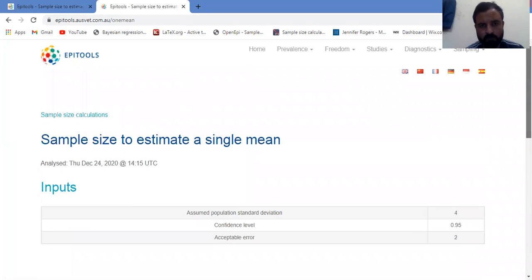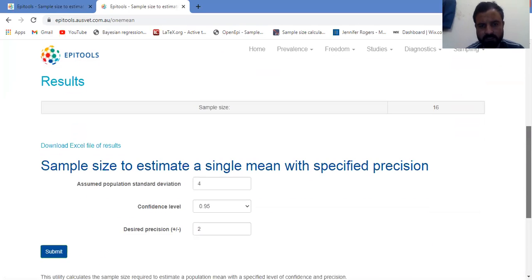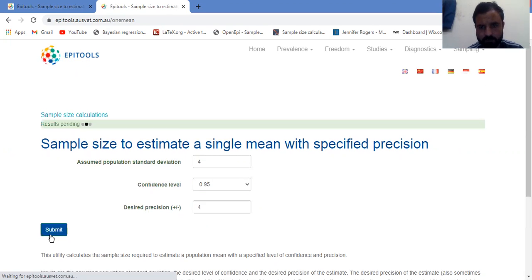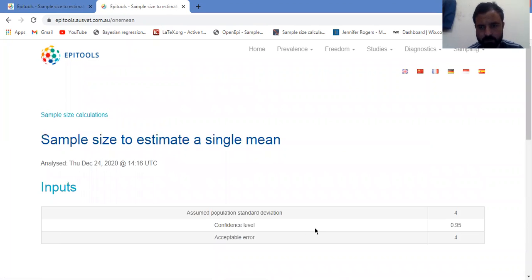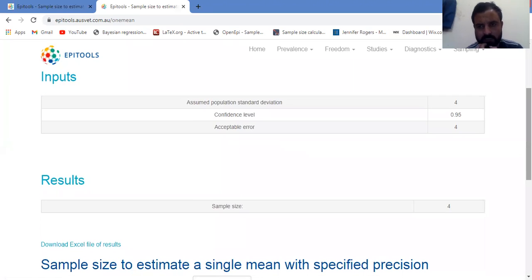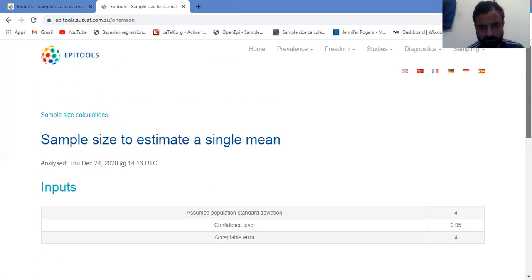You can vary the sample size by varying the desired precision. If we take desired precision to 4, then we will see the sample size value will be 4, which is less than the previous one.